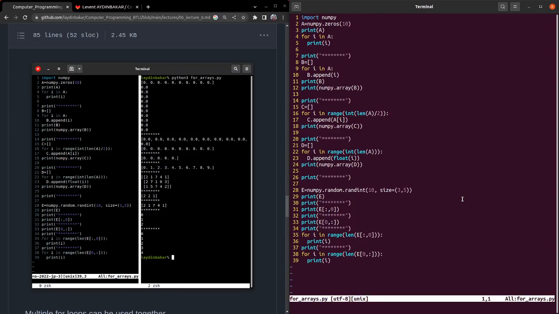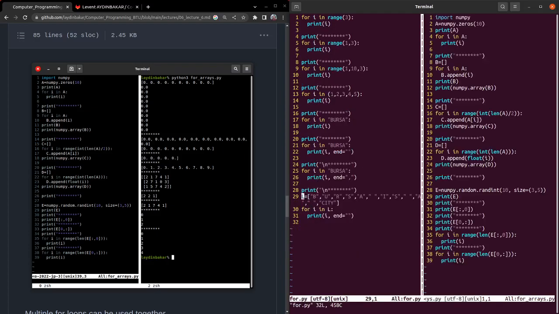As you see in the last example, here we can print from lists in the for loop just by typing for E in list, print the items of that list. But in NumPy, in the arrays which are created by NumPy,